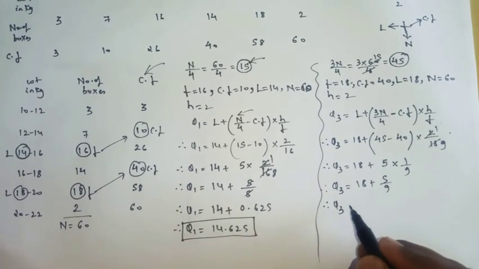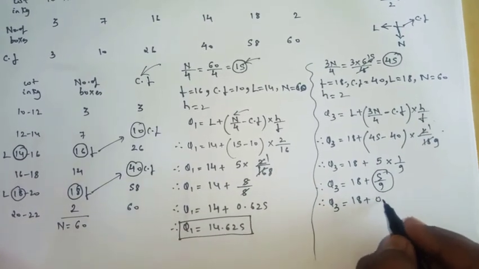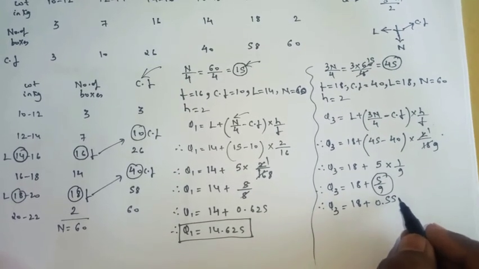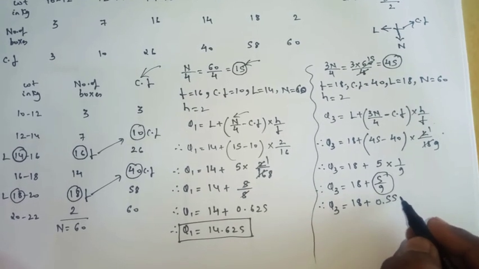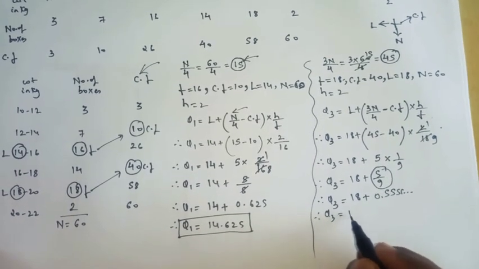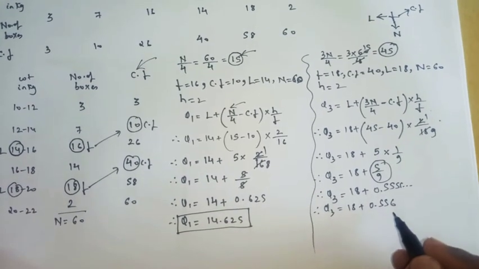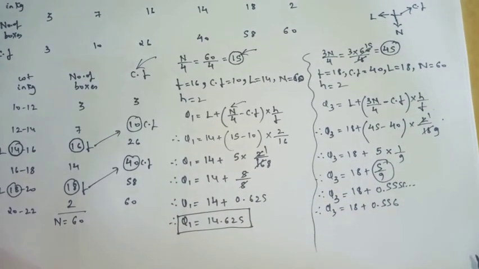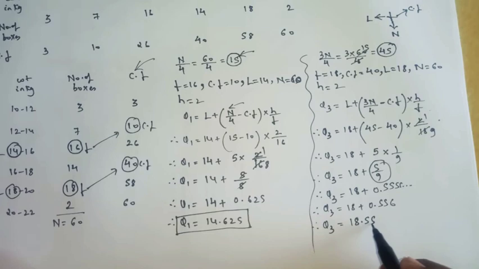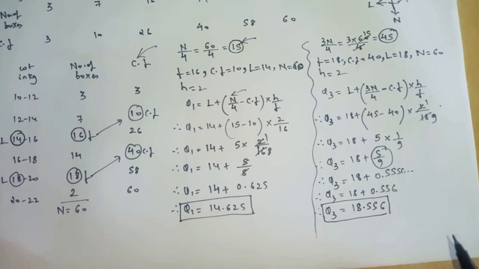So therefore Q3 will be equal to, we'll keep this 18 as it is, and just simply divide this number. 9 5s are 45, again 9 5s are 45, a recurring 555 number we will get. Okay, 0.555 like this, so 555 goes on. So we can write this as 18 plus 0.55, and we'll stop this recurring number by taking 6 here. So the final answer for Q3 will be 18.556. So here we got the Q3 answer also for this sum.